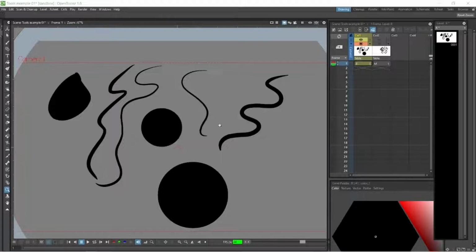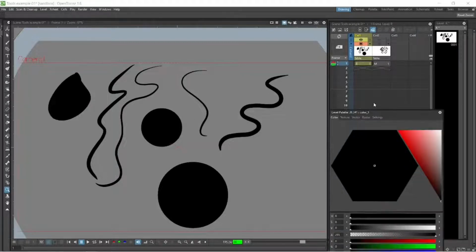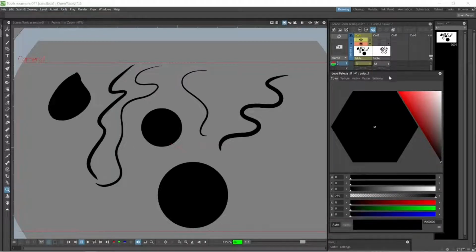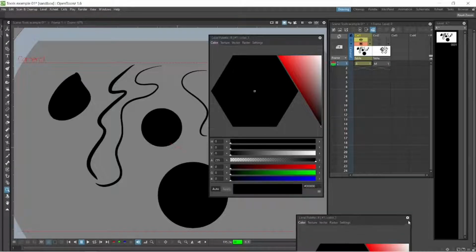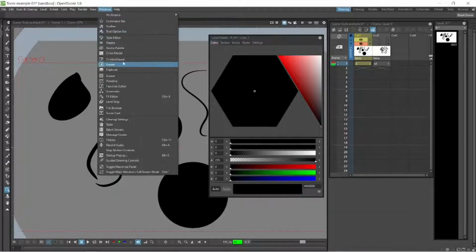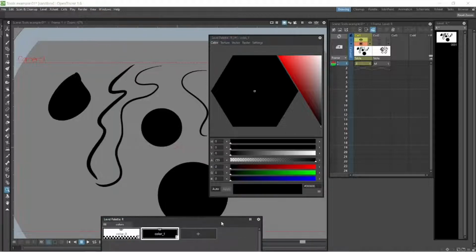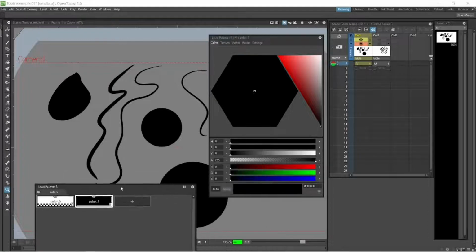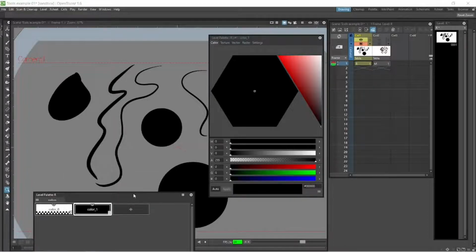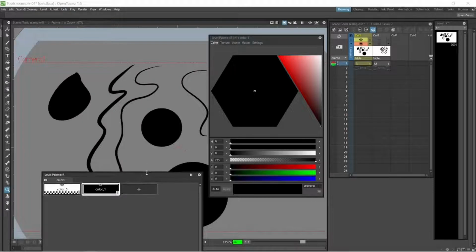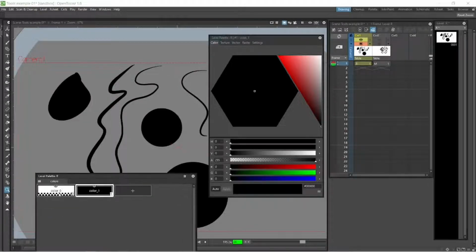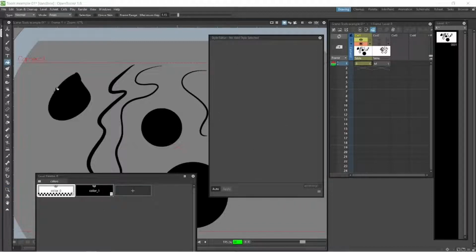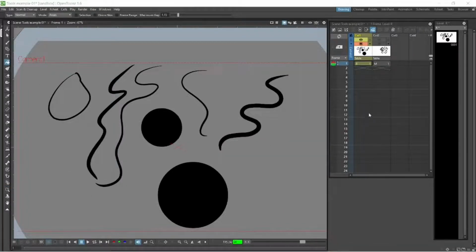So let's have a look at changing the colors. Here on the level palette is where we will create our colors. We've got two of these open, so let's go and open up our palette. It is open, it's just hidden. There it is there. Now, every column will have its own palette. So what we have here is basically everything has been drawn in black. That is the transparent setting there. So if we select that and we select the fill tool and go fill it, that is now transparent, and we've lost our